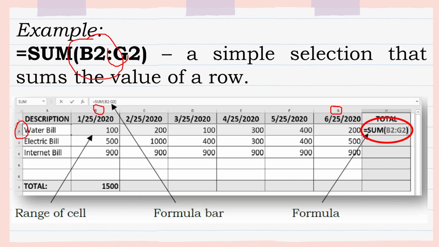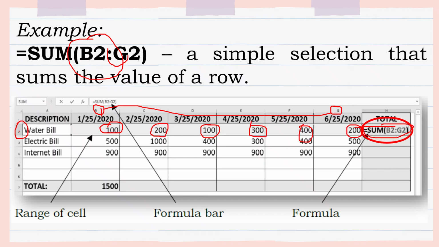So you get the total value from column B to column G. We need to sum all the numbers in the cells. So we add 100 plus 200 plus 100 plus 300 plus 400 and 200. And that's the total from this row.